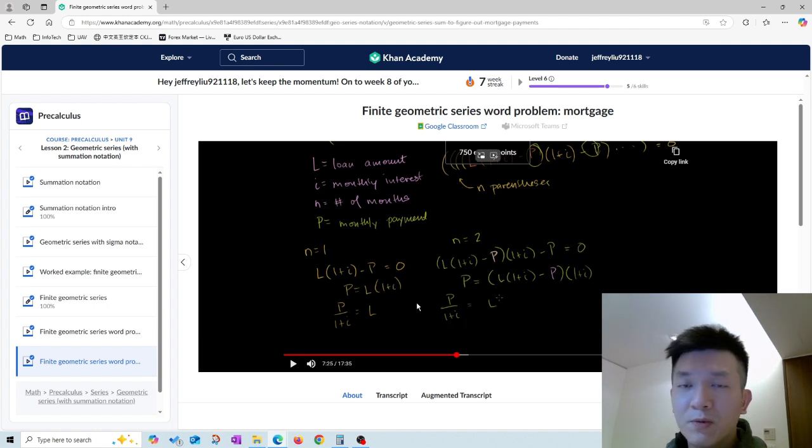Because this gets a little bit confusing, because a lot of algebraic numbers here can be substituted with the real number, so what we have on the paper is